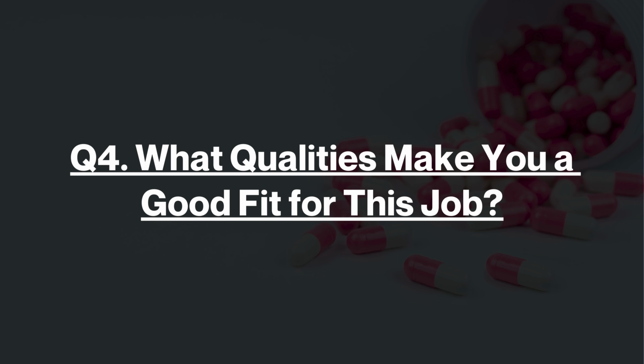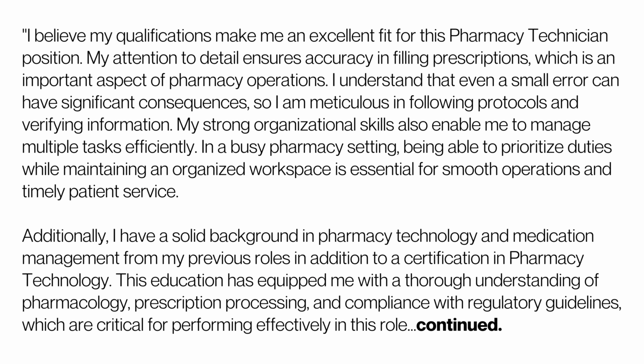Question number 4. What qualities make you a good fit for this job? I believe my qualifications make me an excellent fit for this pharmacy technician position. My attention to detail ensures accuracy in filling prescriptions, which is an important aspect of pharmacy operations. I understand that even a small error can have significant consequences, so I am meticulous in following protocols and verifying information. My strong organizational skills also enable me to manage multiple tasks efficiently. In a busy pharmacy setting, being able to prioritize duties while maintaining an organized workspace is essential for smooth operations